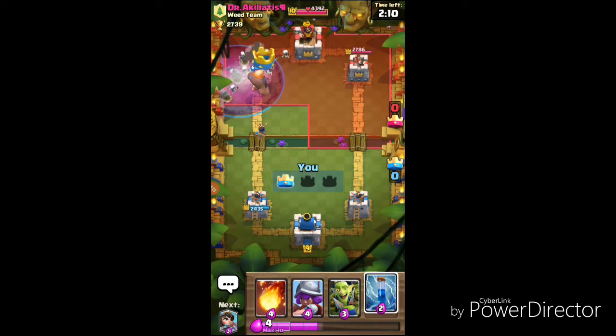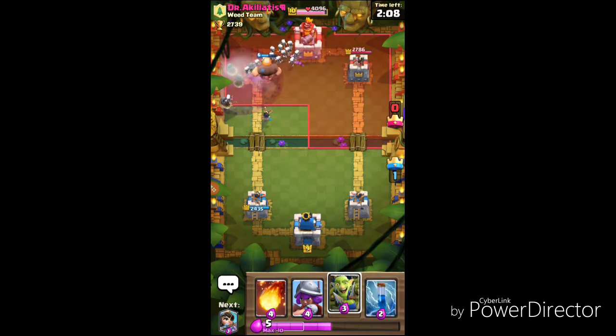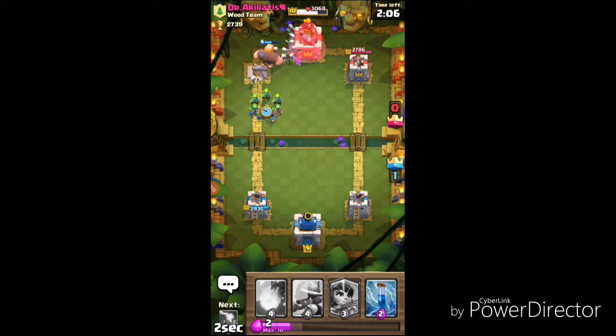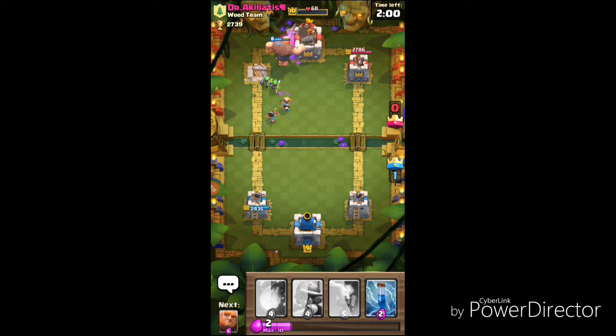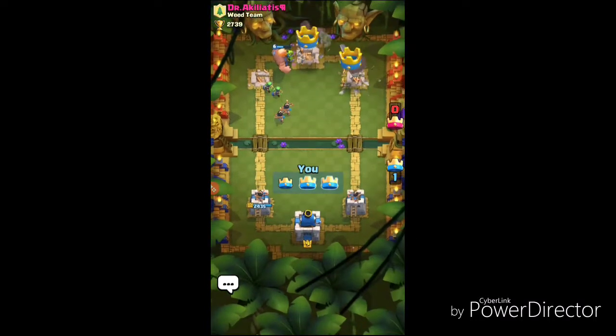Now he does take the tower, so I'm just going to put down a Goblin Gang right behind it so we can get a 3-crown. I'm going to put down a Princess. And that's game. I don't know what happened to him, but